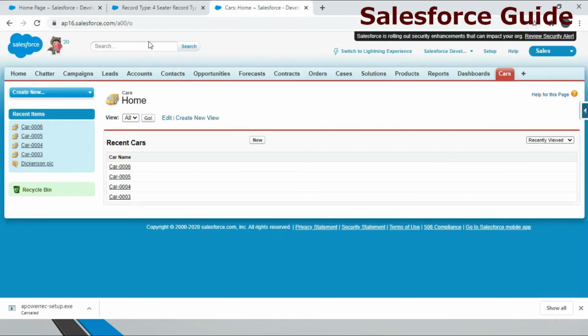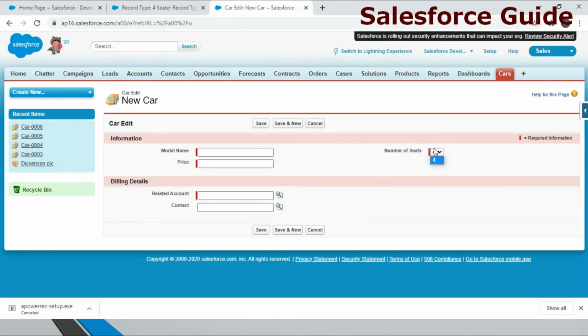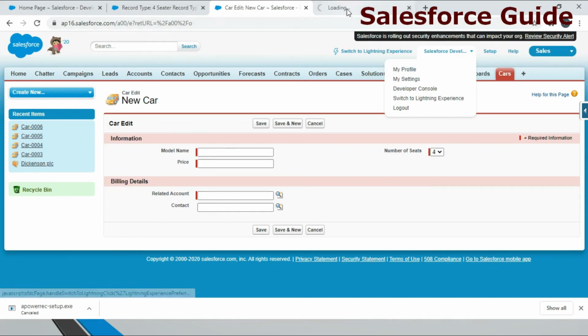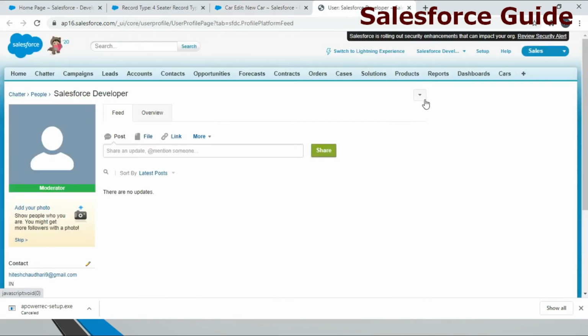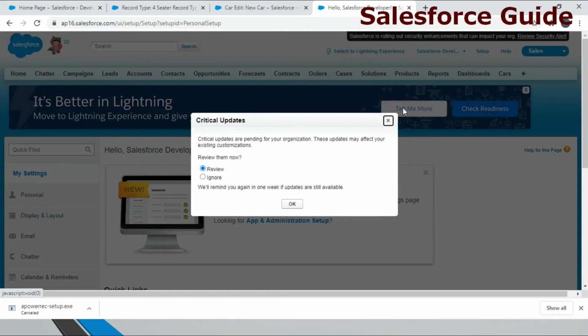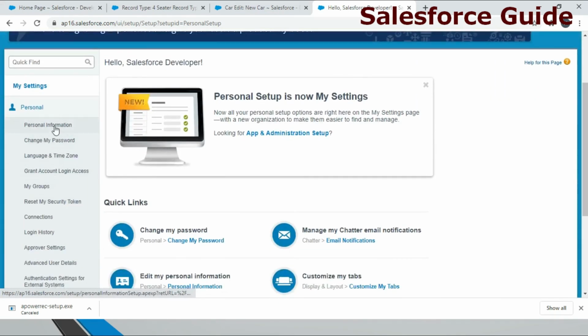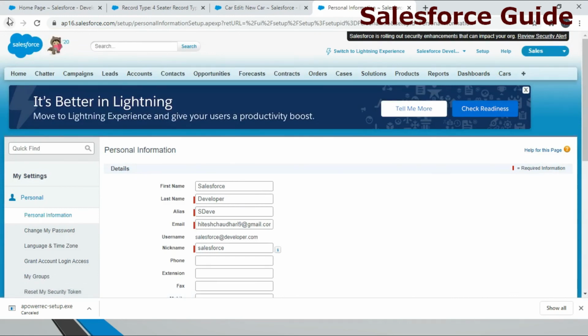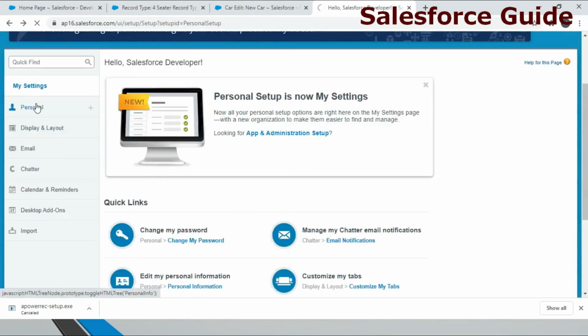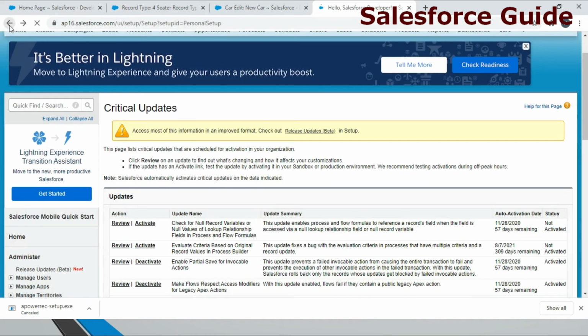Now we refresh this page, click on new, and we can see only 4 here. Previously we had the two values, 4 and 6, but now we can only see 4. Why? Because the user I am logged in with has the profile of system administrator.